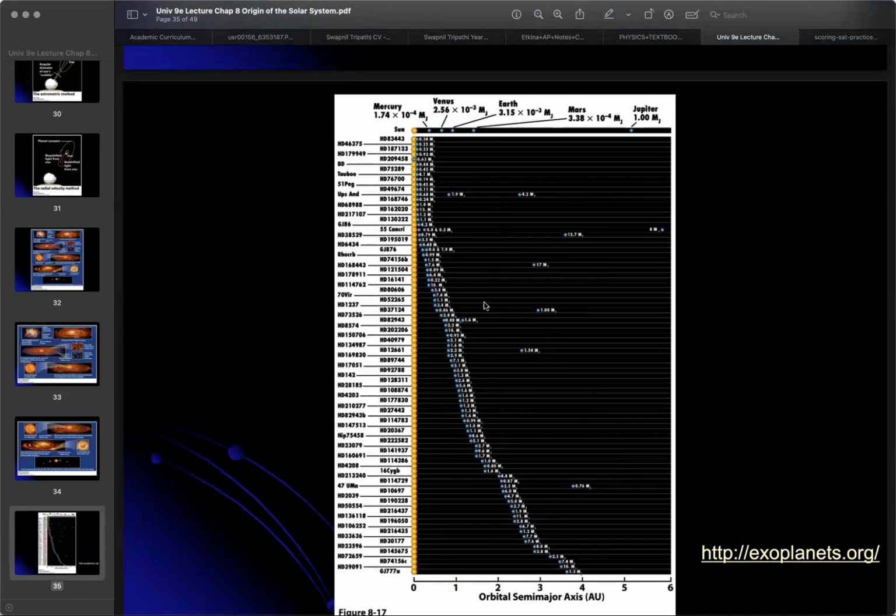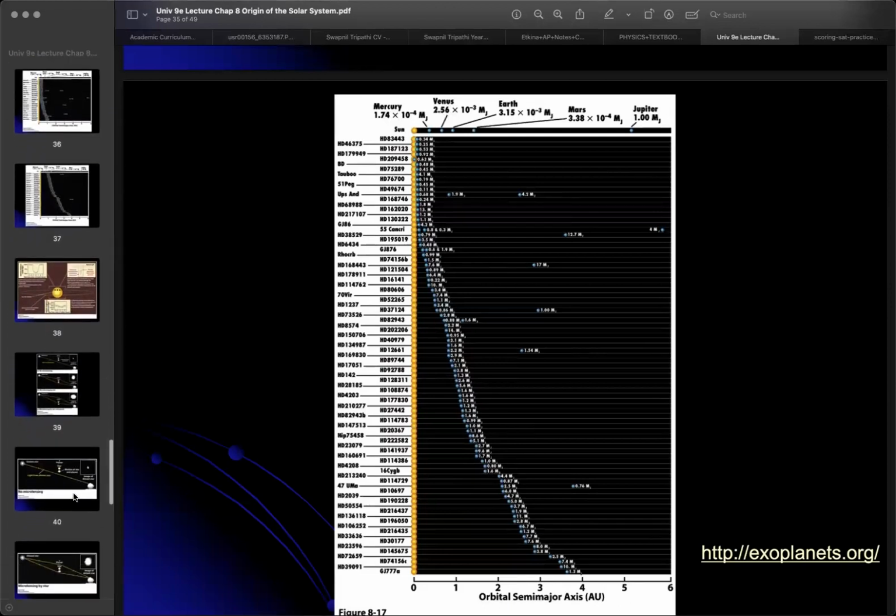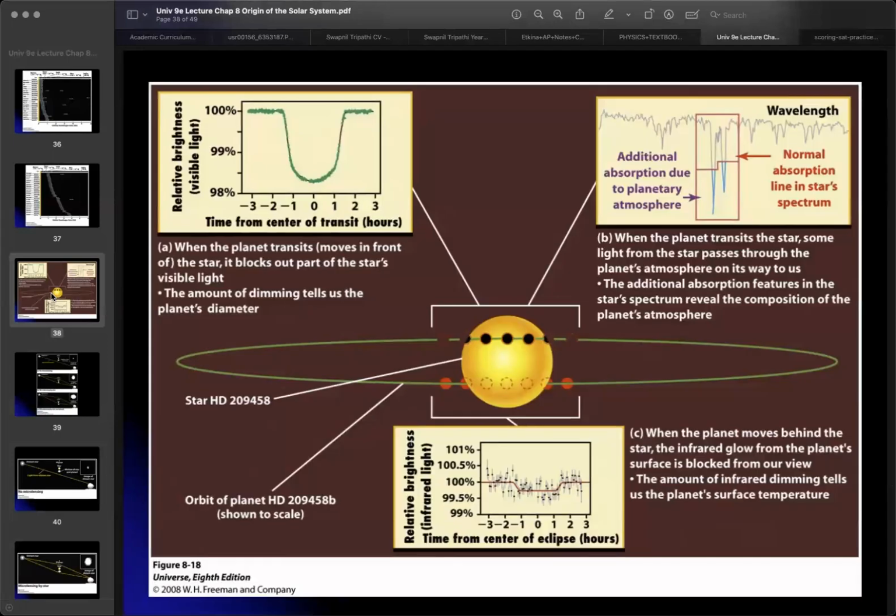If we read closely, it also labels the distance of the planet from the star and its mass. And you can compare how it looks compared to our own solar system. The top line is for our own solar system. All right, once we know that a certain star has an exoplanet around it,